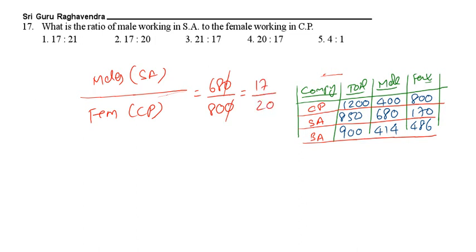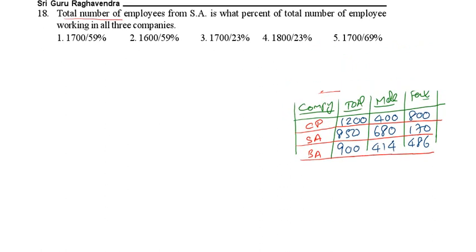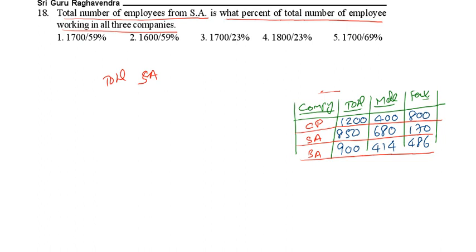15% of 199.9 means 15% of 200, that is 15 into 2, that is 30. 30 plus root of 3364 is 58. This is 58 plus x is equal to 420 into 12 minus 12 into 15. See this, 30 plus 58 is 88. So 88 plus x is equal to 5040 minus 180.